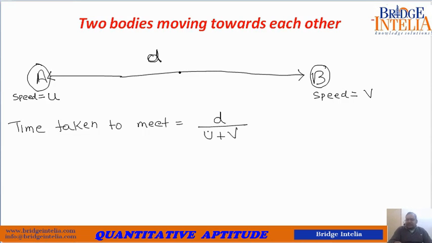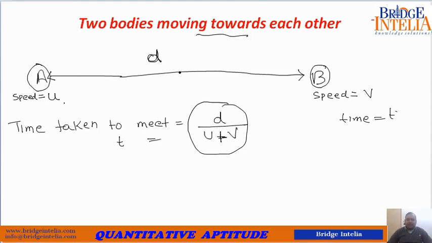I will tell you the mathematics of why the speed gets added. You will come to understand why this formula, why not some other formula. But for the sake of remembering, you can remember it very easily: moving towards each other means helping, and helping means plus. Now, why this formula? Suppose they meet after time t. I am saying that the time taken to meet, t, is given by this formula.